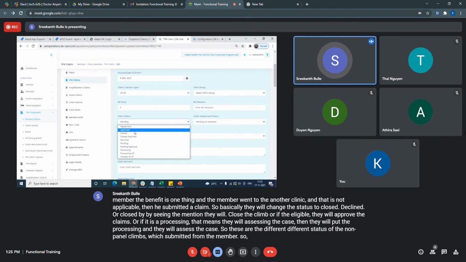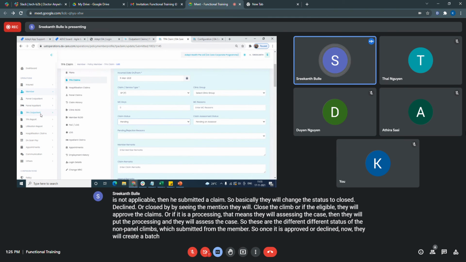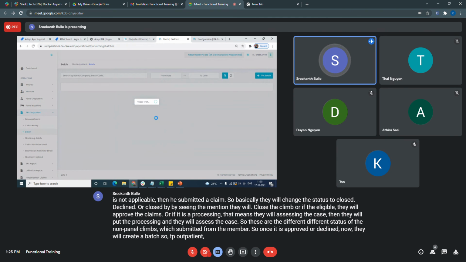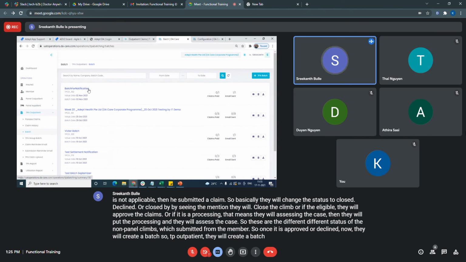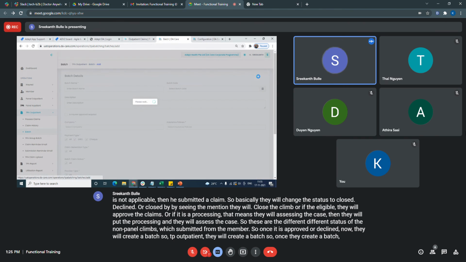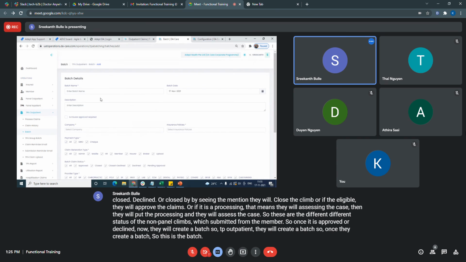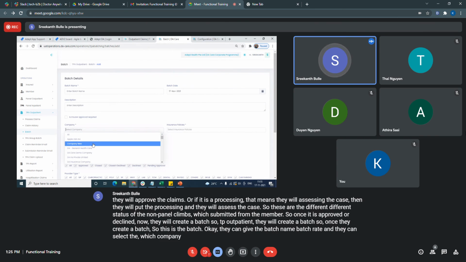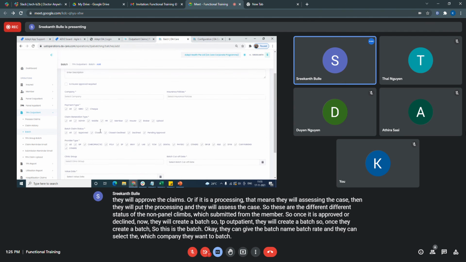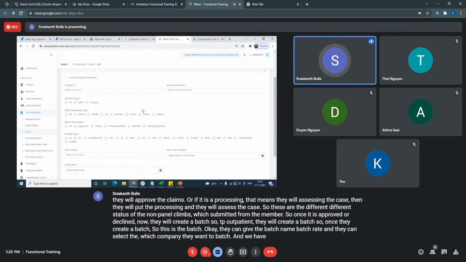So once it is approved or declined, now they will create a batch. So TP outpatient, they will create a batch. Once they create a batch, so this is the batch. Okay, they can give the batch name, batch date, and they can select which company they want to batch. And these are the selection filters of the claims basically.